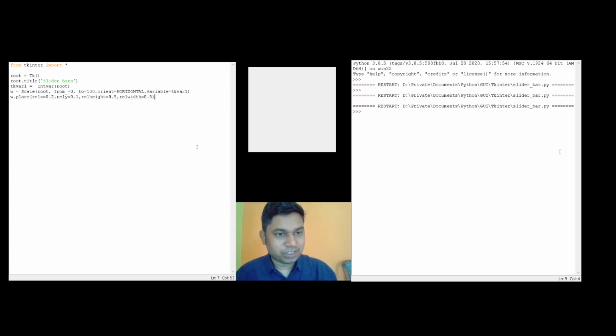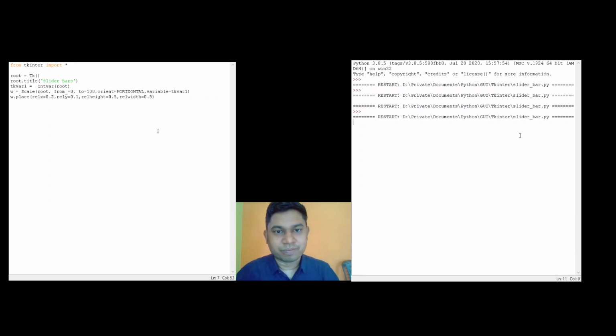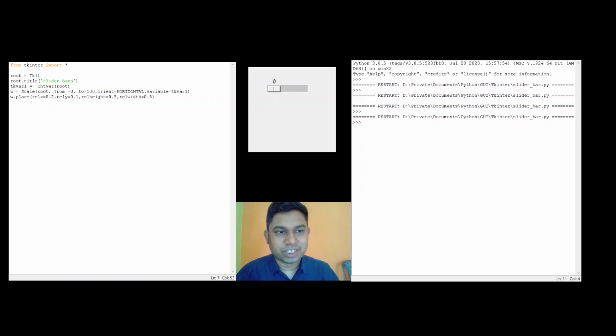I'll place this widget somewhere at 20% horizontal, 10% from the vertical, with some relative height like 50% height and say the widget occurs at 50% relative width. So let me run this and show you. Here you can see that my widget has appeared and I can slide this to different values.